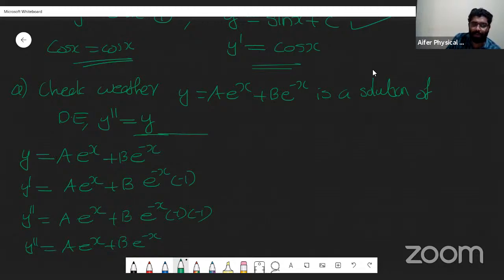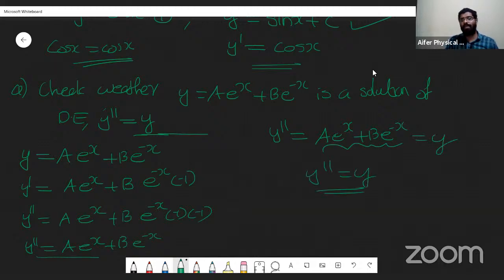So if I substitute this y double prime in this differential equation, y double prime equal to, what is y double prime? A e raised to x plus b e raised to minus x. But this is nothing but our y. So we will get our differential equation back. That means the solution, once I substitute into this differential equation, satisfies this form, which means this is the solution